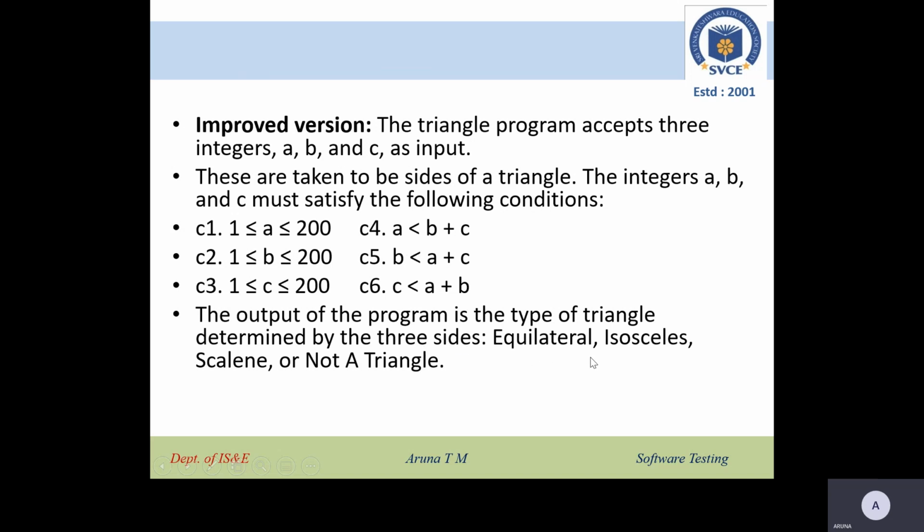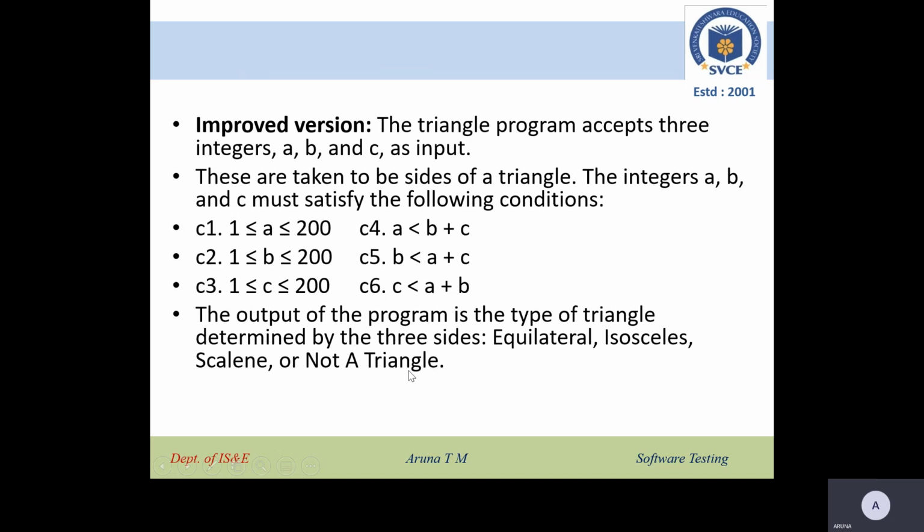If all three sides are equal, it's an equilateral triangle. If two sides are equal, then it is an isosceles triangle. If all three sides are not equal, then we call it a scalene triangle, or you cannot form a triangle at all. So this is the output of the program.